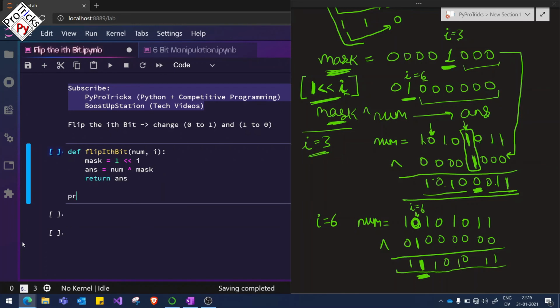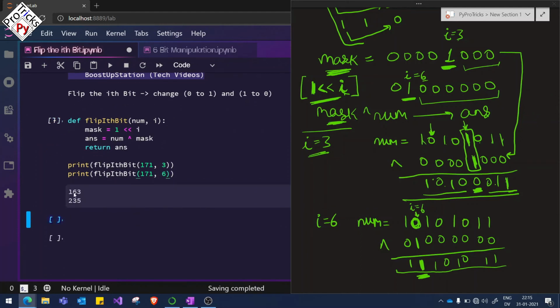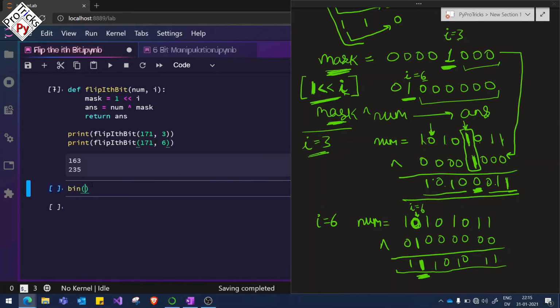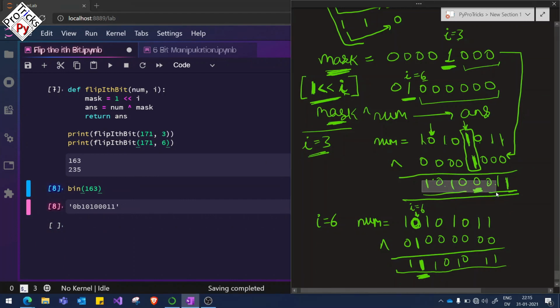So let us quickly test it. Flip the ith bit of 171 at the third position and flip the ith bit of 171 at the sixth position, and here we are getting the answers 163 and 235. Let us get the binary representation of 163, and here you can see 10100011, and here we have the answer 10100011.